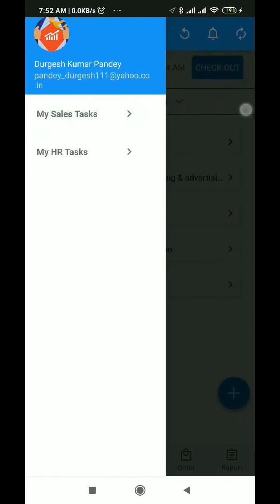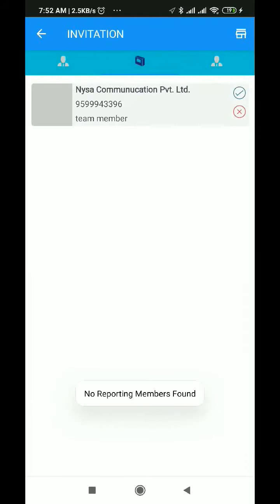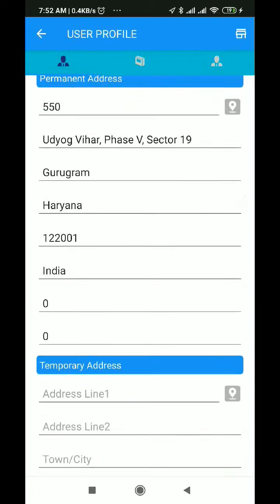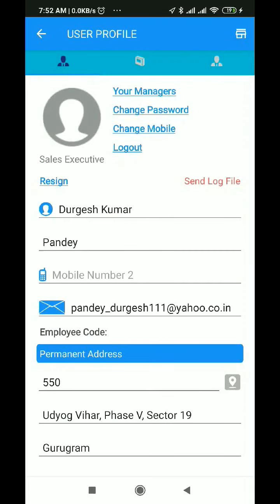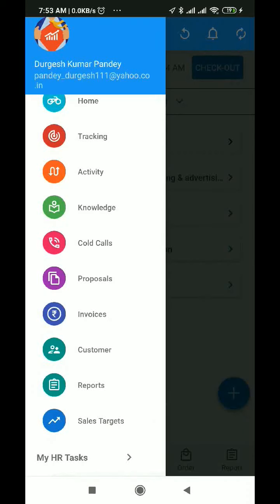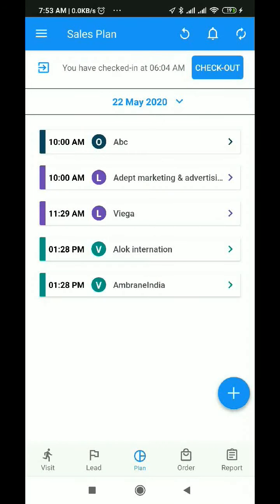Now let's come to the main menu, which is on the left hand side. On top of it is the profile, which opens the profile for yourself, your team. You can see your profile and your team's profile with all the details of the user. Next is your sales task and your HR tasks. So when you expand the sales tasks, all the sales tasks which your company is using will come in the drop down menu, and under HR task all the HR tasks will come. So on the left hand top is the hammer